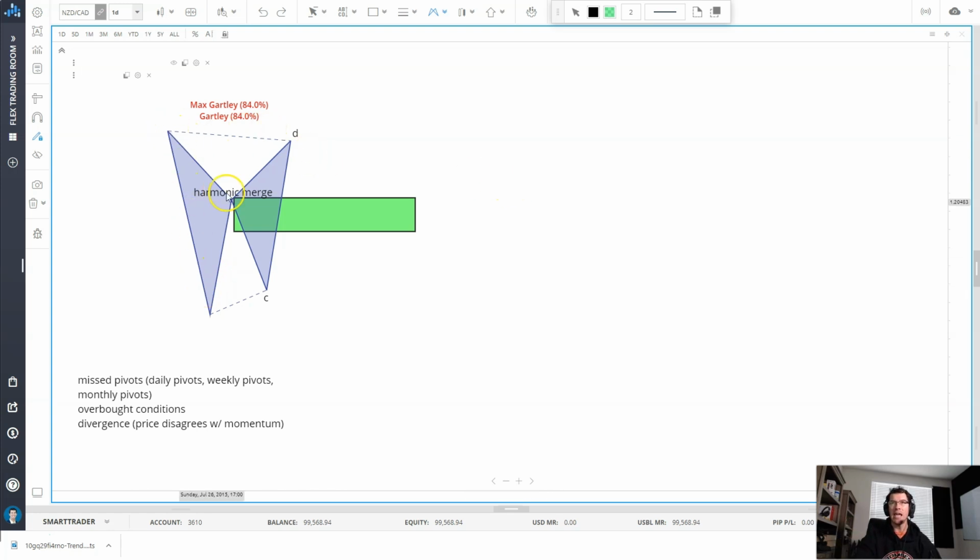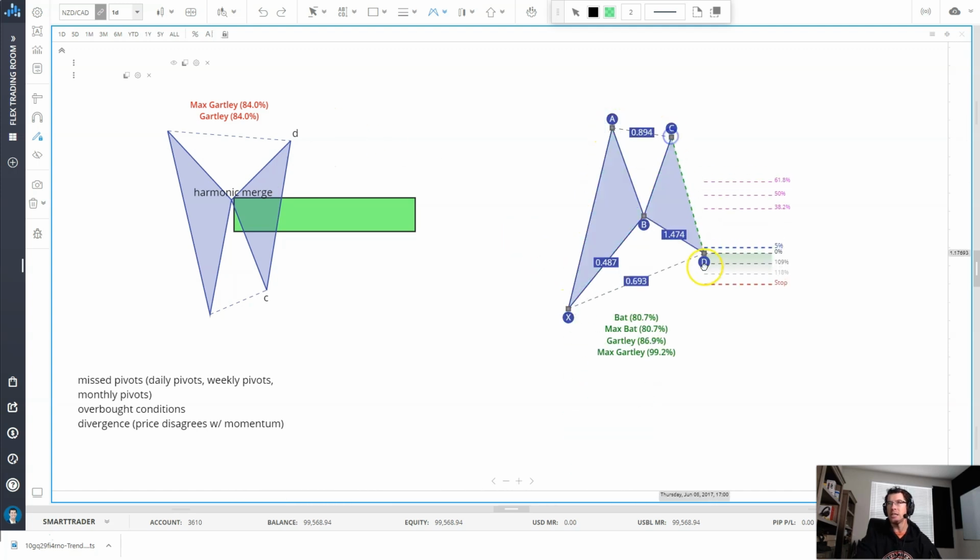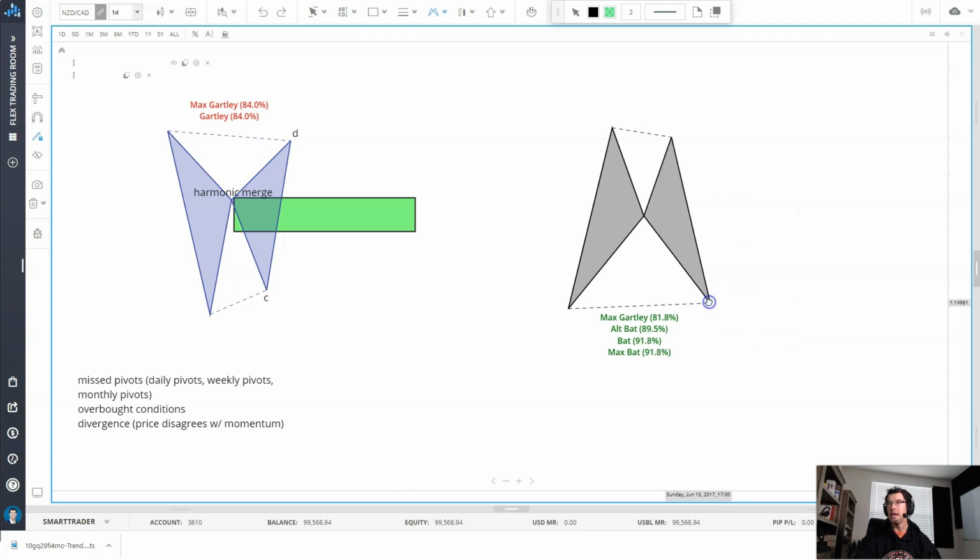So let's take another one. So here's our X, A, B, C, D. Let's go X, A, B, C, D. Same thing. Okay, now put this together. Do we have a pattern? Yes, we do. We have our X, A, B, C, D. If I hover over this,